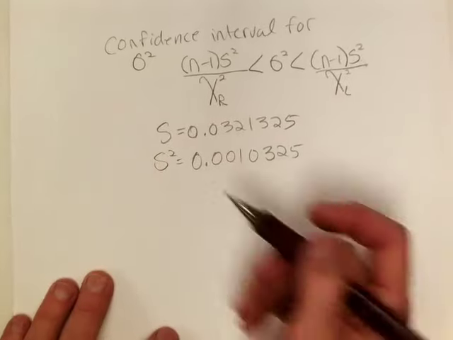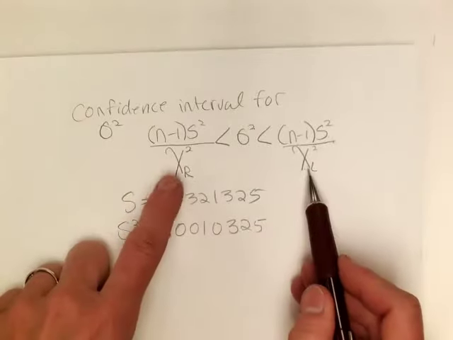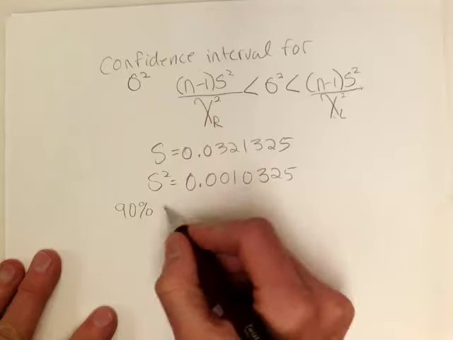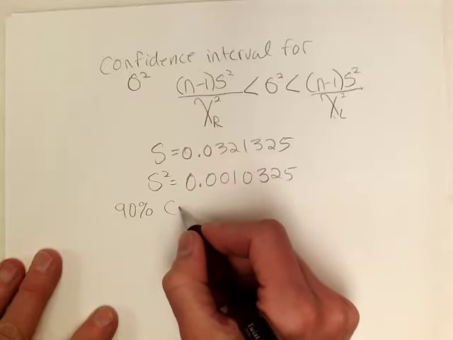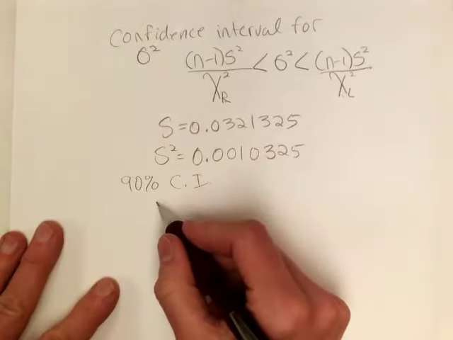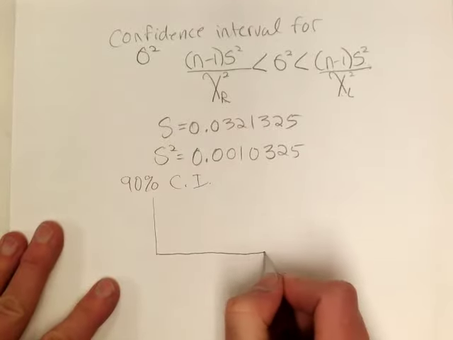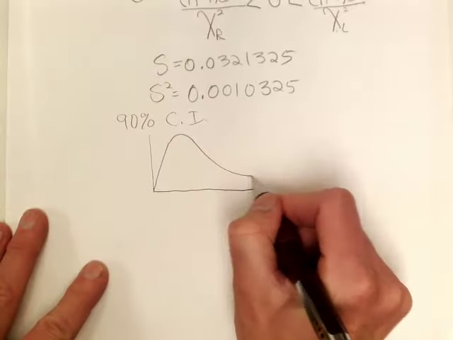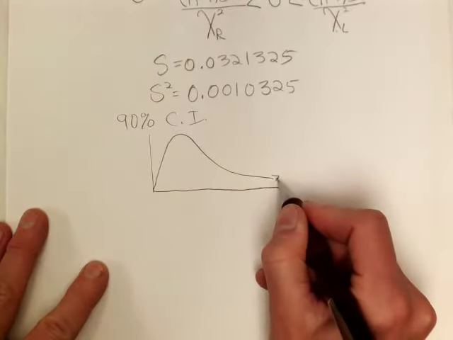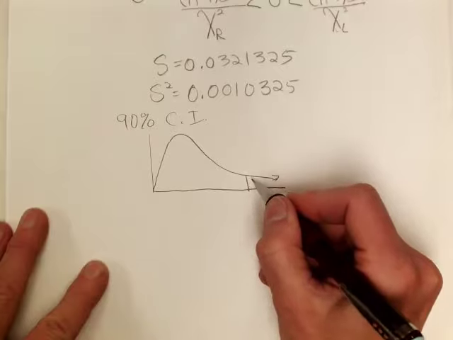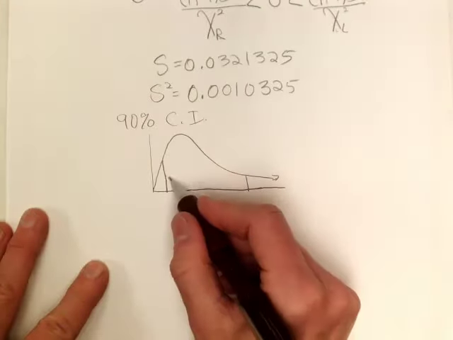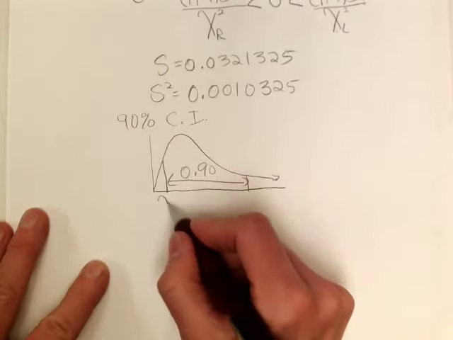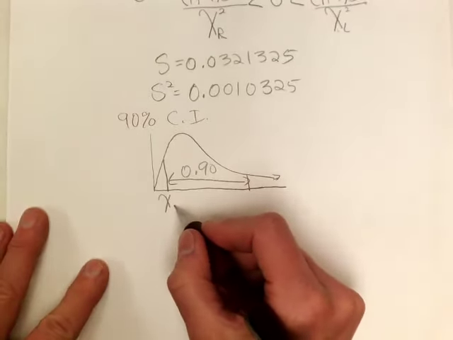Okay, so now all I need to do is find these two critical values. The problem is asking for a 90% confidence interval, so we're going to need to find those two critical values. So I want to draw a skewed right distribution, and partition it so that I have two tails with 0.9 amount of area in between our two critical values. So here's the lower one,